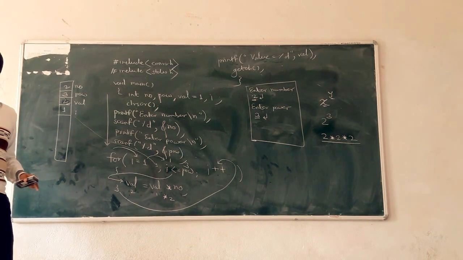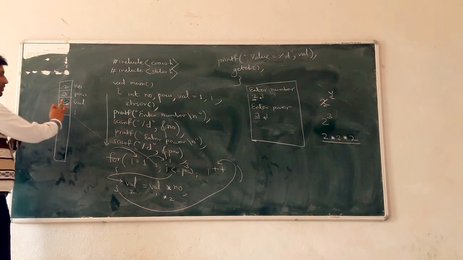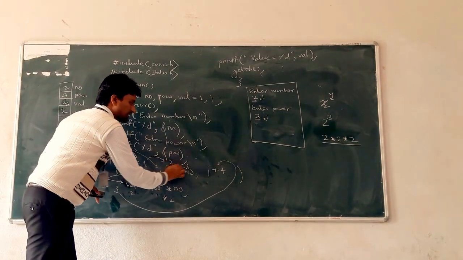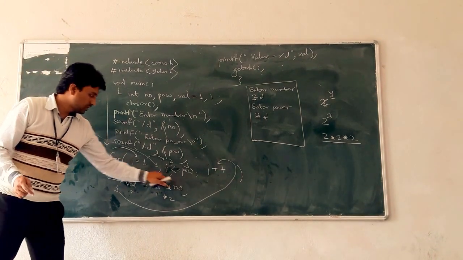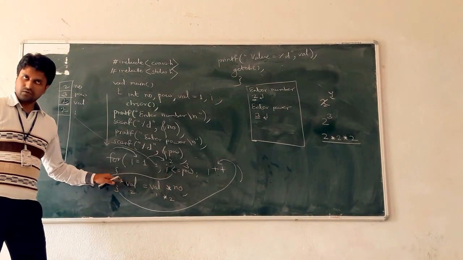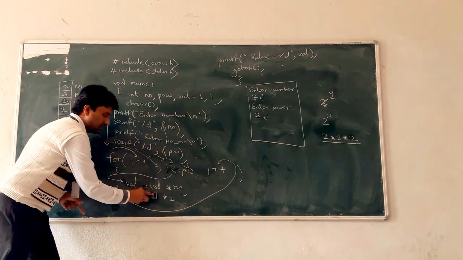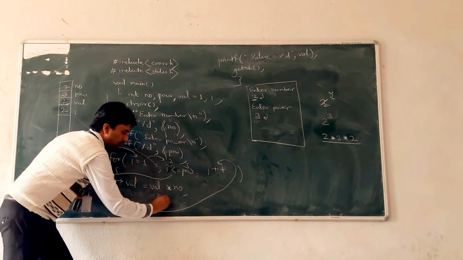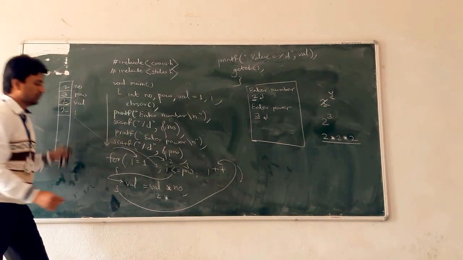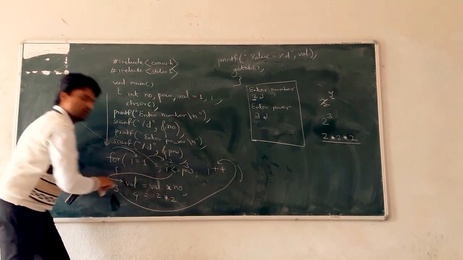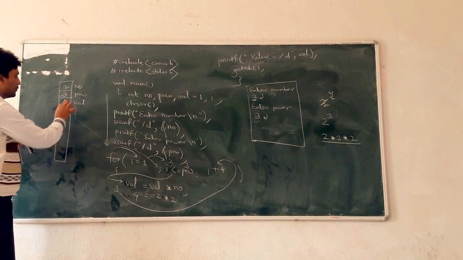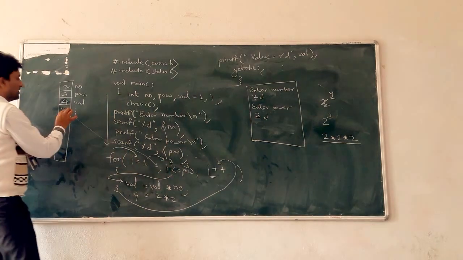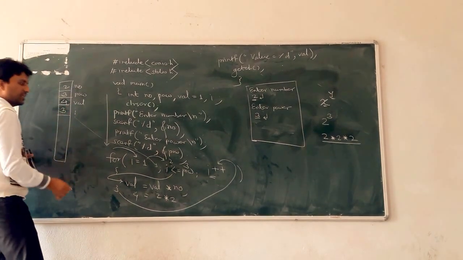Again, I plus plus means now I becomes 2. 2 less than equal to 3. Condition true. Again entry to the for loop. So first this right hand side is executed. What is the value? 2 into number, which is 2. So now it becomes 4. That result is stored into the value variable. Again I plus plus, I is now 2, 2 plus 1 becomes 3.